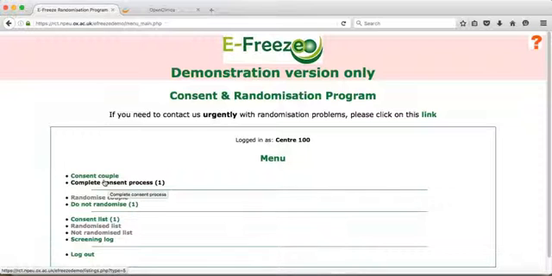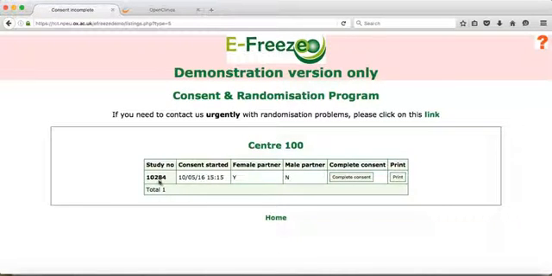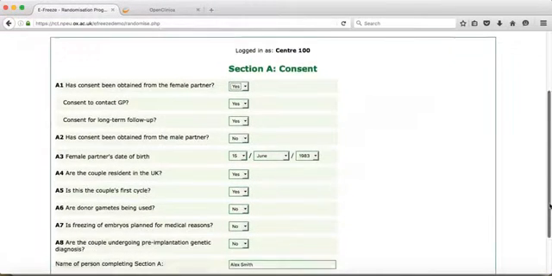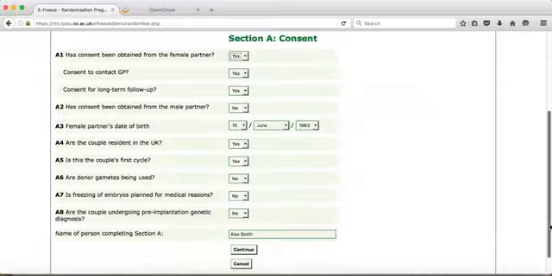All couples where only one partner has consented will be available under this item for the consent process to be completed. I will now select that item to complete, because in this case you'll see here a list of all couples where only one partner has consented, and it shows which one. In order to complete the consent, all you need to do is select the complete consent button. This will bring back up the data that you entered initially,